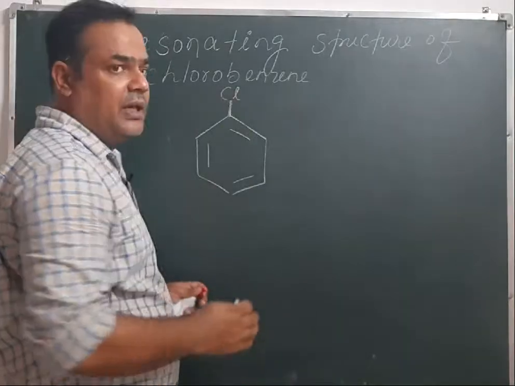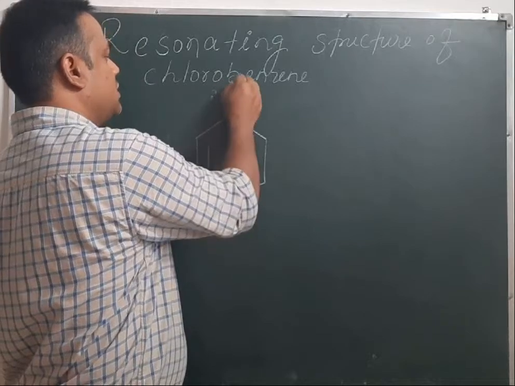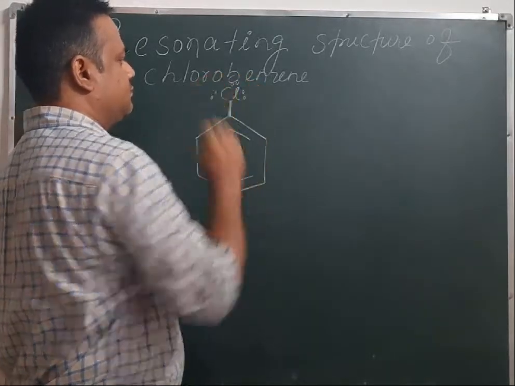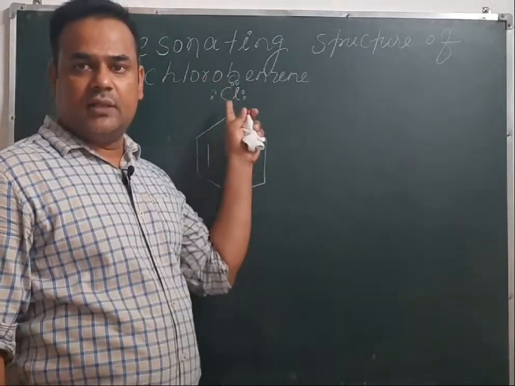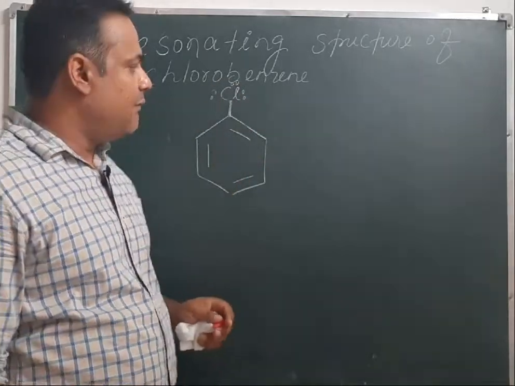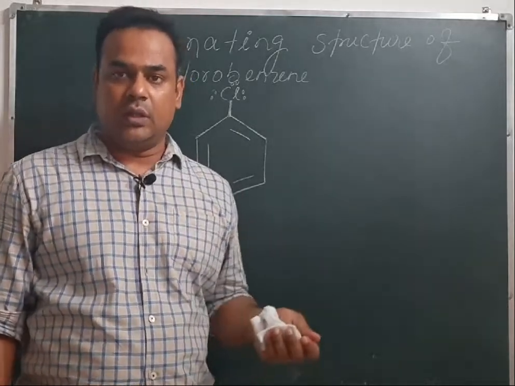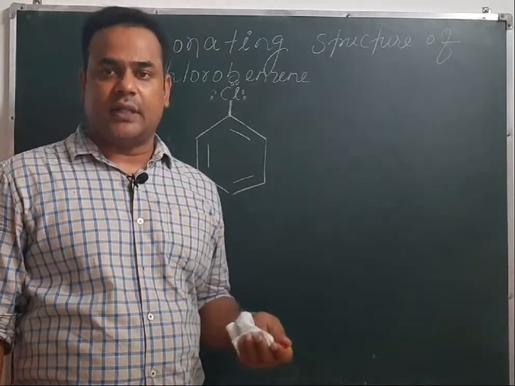And if we see the remaining number of valence electrons, that is 6. So the total number of electrons here is 6, that is 3 pairs of electrons. 3 lone pairs of electrons are there. Whenever an electron pair is in conjugation with a double bond, then resonance takes place.